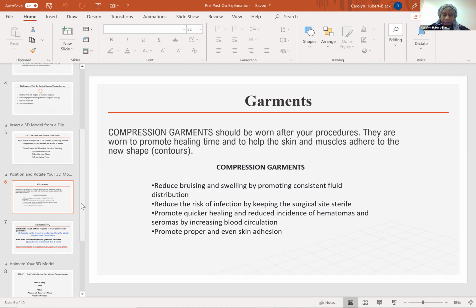Also keep this in mind. You have some surgeons who do not recommend the garments, and these surgeons have their own reasons. One of those reasons very well may be this, and I want y'all to think about it. Once I tell you this, I'm going to tell you about another alternative, up to you if you choose it. When you put on your compression garments, even though they enhance what the cosmetic surgeon has sculpted for you and promote healing,